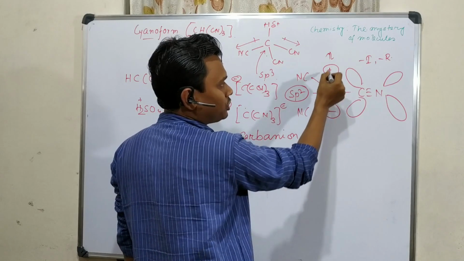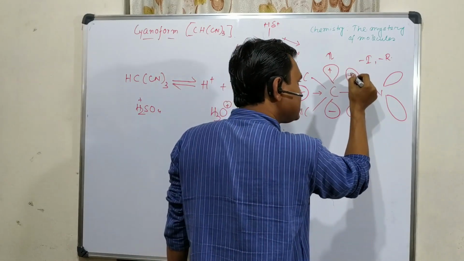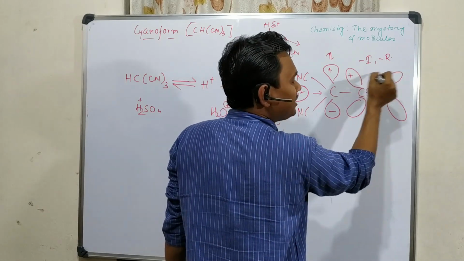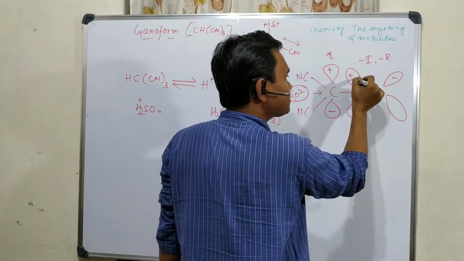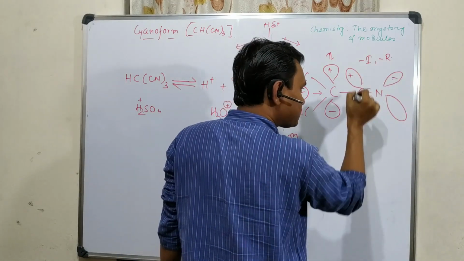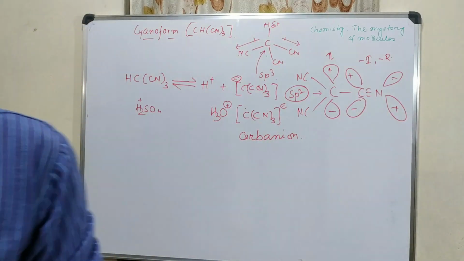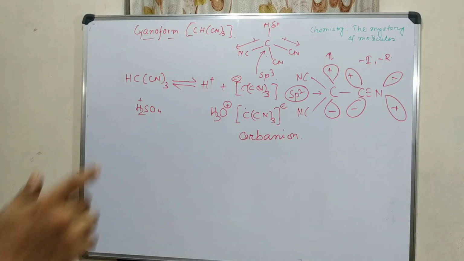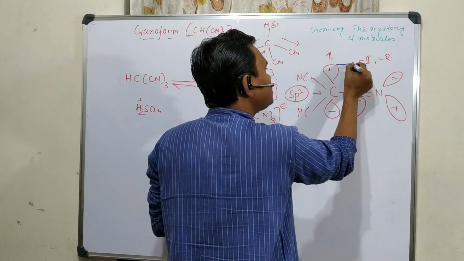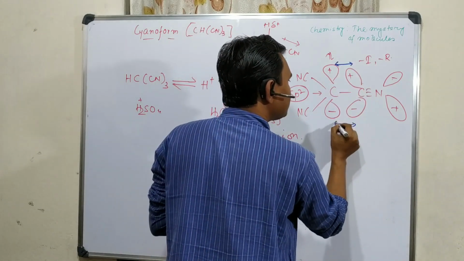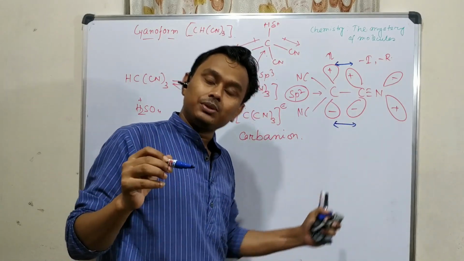And this is the symmetry of the p orbital. One lobe is plus, another minus, and it is arbitrarily chosen. For example, if this is plus, it is an anti-bonding interaction, so this lobe must be minus. Learn this, it will be important. If it is plus, then this lobe will be minus, and this will be plus. So right now the symmetries are matching with one another. That's why this will result in a bonding interaction. It's actually a back bonding of the negative charge on carbon to cyanide.